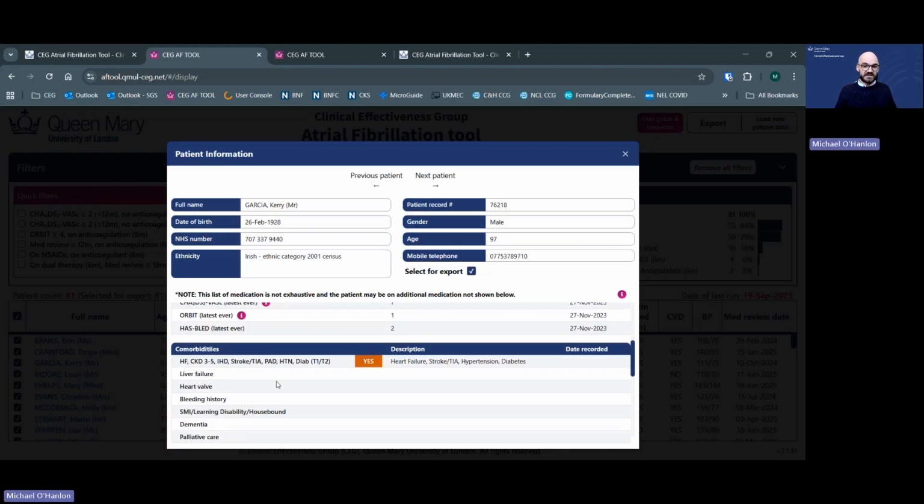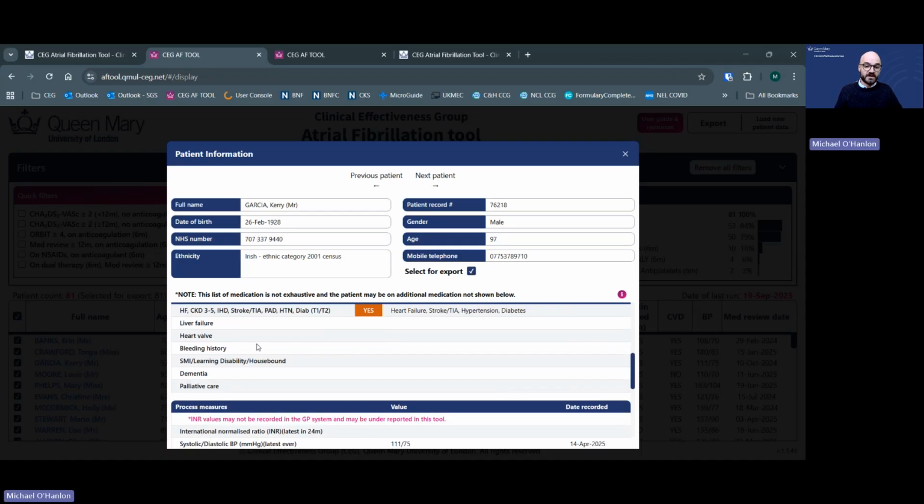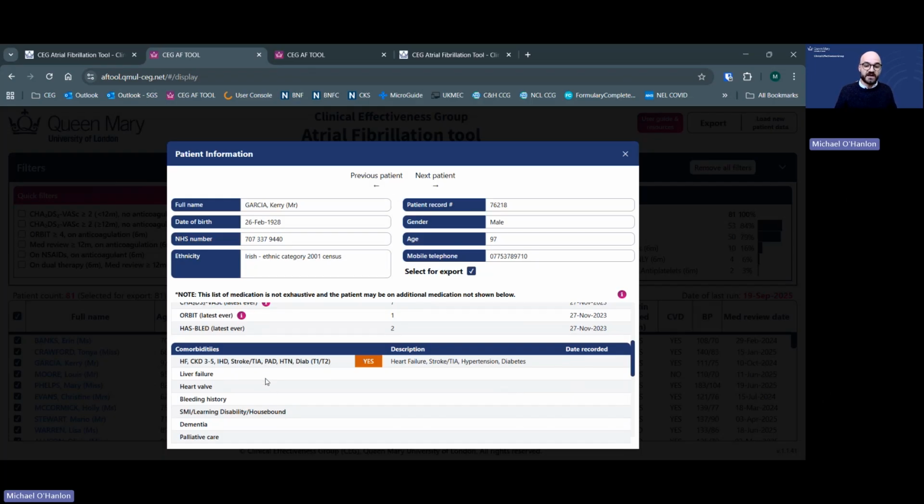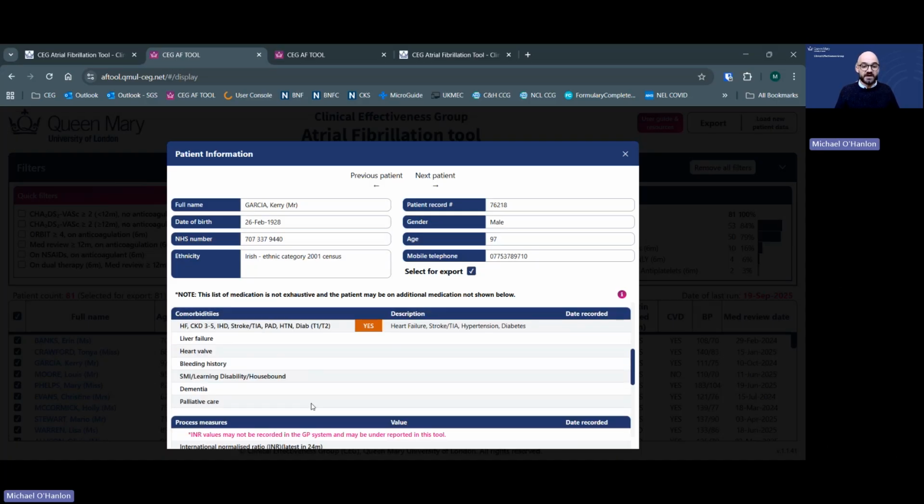Then we have key comorbidities. So key ones particularly are grouped in this first row here: heart failure, CKD, ischemic heart disease, stroke and TIA, peripheral arterial disease, hypertension, and diabetes. And if they have any of these, it will flag this here, and then it will give you a list of which ones they actually have, as well as other kind of risk factors and comorbidities such as liver failure, heart failure, bleeding history, some key vulnerabilities such as SMI, learning disability, dementia, and those who are on the palliative